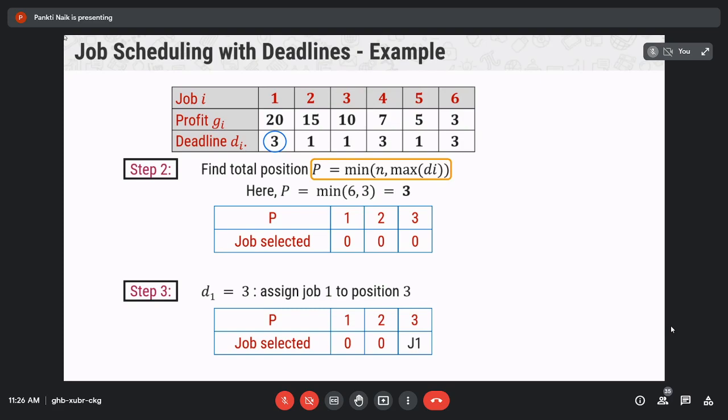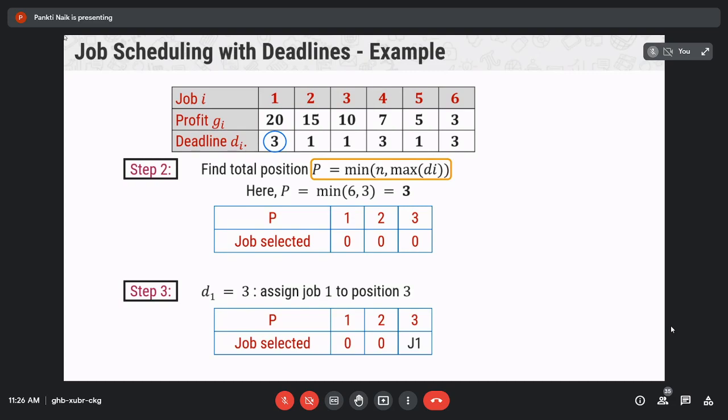There is no previous position left because your schedule array starts from index 1 only, so reject job number 2. The next is job number 3 with deadline 4, so at position 4 assign